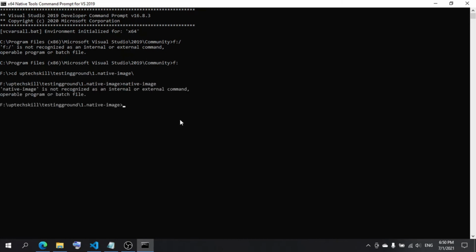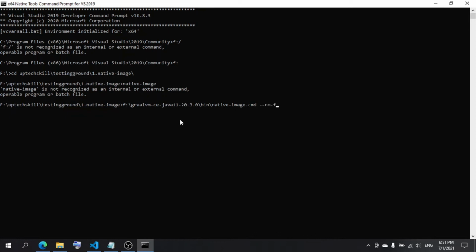So what you have to do is go to the path where it's installed, or you can set the path here also, but it's easier if you have multiple versions. One more thing, you need to write a flag here.